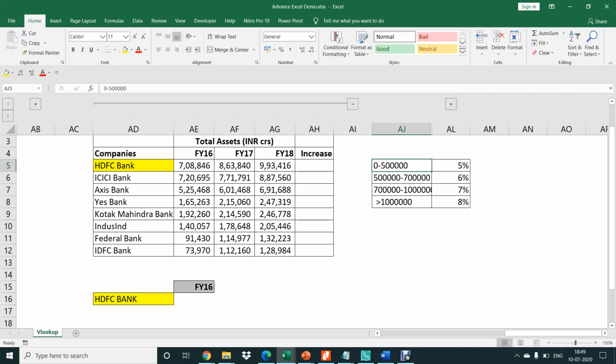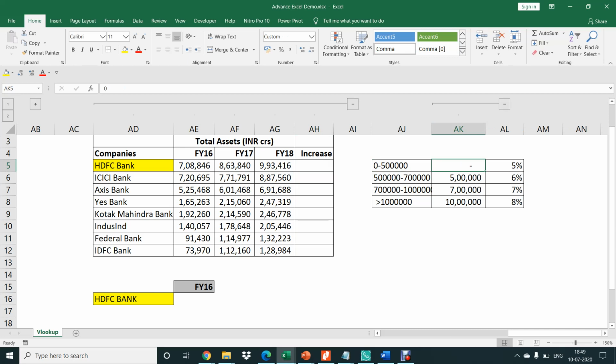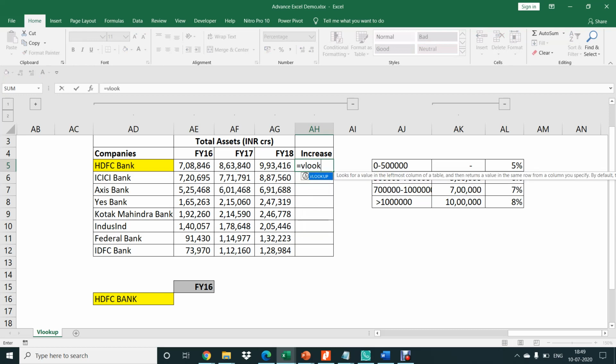The first thing I'm going to do is create one extra column with the lower limit of the slab, so that it becomes easier for me to reference whenever I want. Now let's start creating the VLOOKUP. We will use equal to VLOOKUP, open the bracket, check this cell, and freeze the slabs.